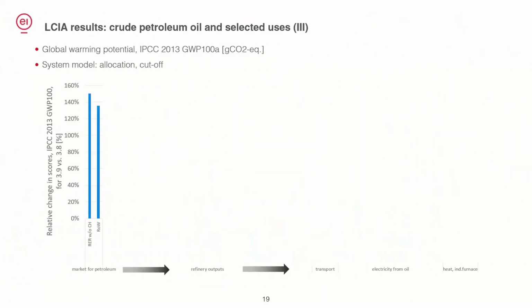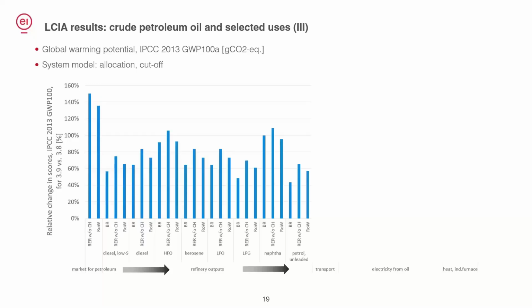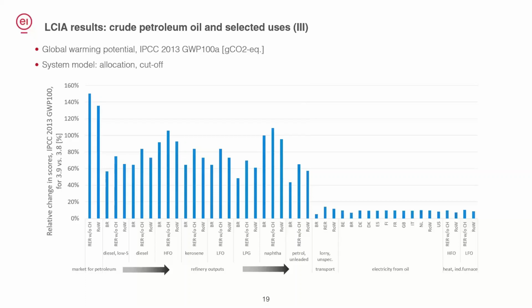And how do these changes then affect the downstream uses of these products? So in this waterfall diagram, we start from the petroleum supply. And again, this is for climate change and relative change between version 3.8 and 3.9. So starting from the petroleum supply, we see the effect on the main refinery outputs. So diesel, fuel oil, kerosene, naphtha, LPG, and petrol. And then I've included 3 end uses,